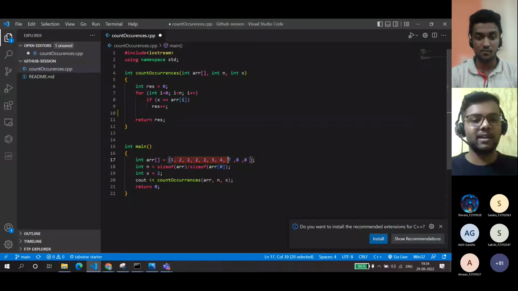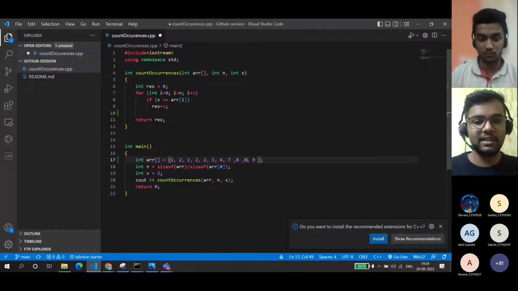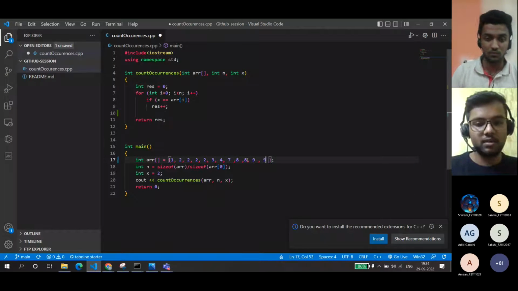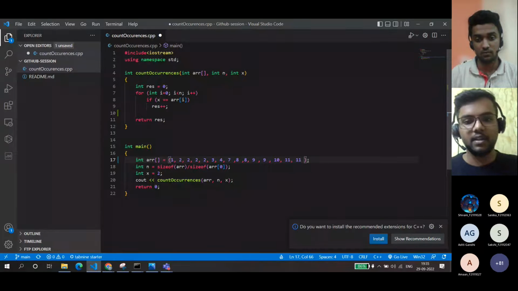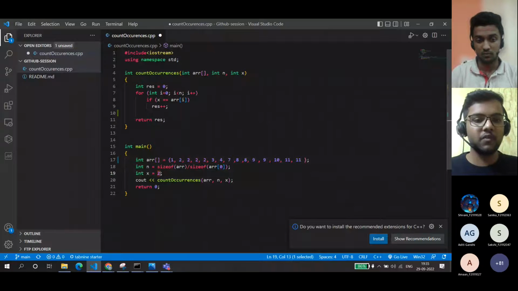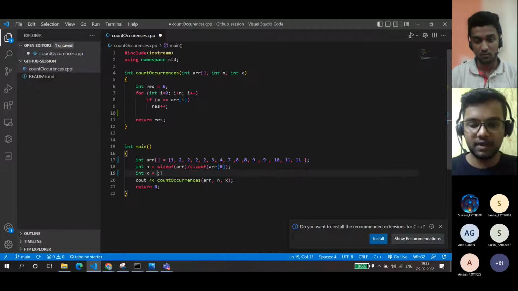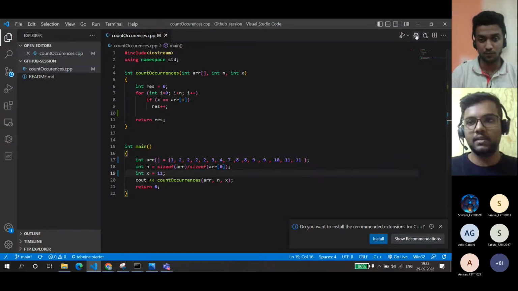Let's say I don't want my array to have these numbers, or let's say I want some more numbers. Like more 9, more 9, then 10, then 11, then again 11. So instead of occurrences of 2, I just want to check the occurrences of 11. I will save this and run it to see from my end if it's working.